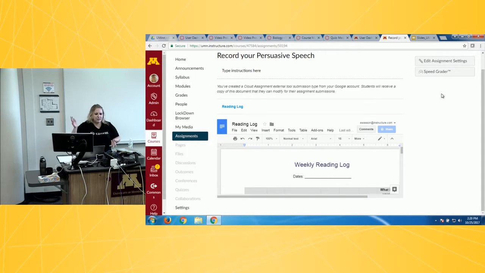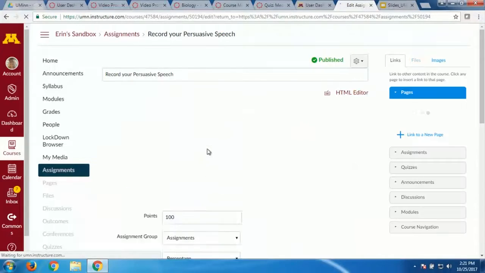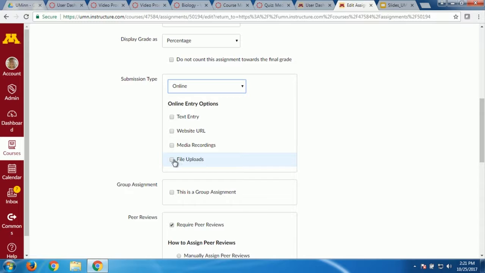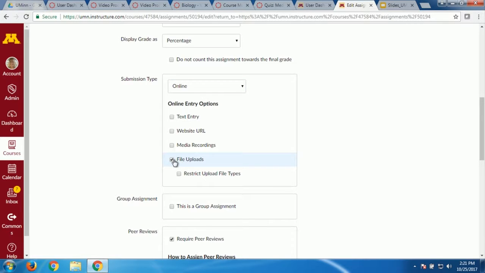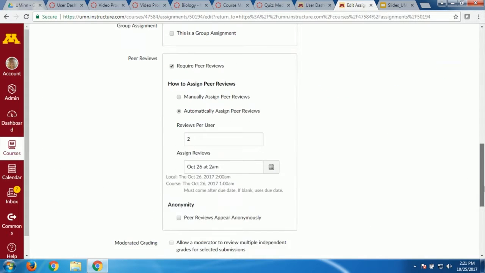If you just want to assign, you say, all right, write a research paper. If you want to submit from Google, you can. That's just a normal file upload type submission. So I'll show you again when I go back to edit settings. Let's say I want to switch this, not make it a Google Cloud assignment. I don't want a copy of this master worksheet to go out. I just want to say, all right, they can submit online through a file upload. If I enable file upload, they're automatically going to have Google as an option if they synced and signed into their Google account already. So Google will be an option when you have file upload. There's another tab, submit from Google Docs. They can submit from there. Great question.